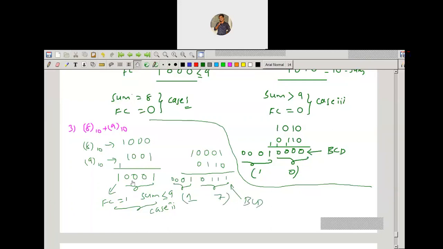Here, if you take these 4 bits as 1 digit, and make 3 more zeros to the left of this final carry, then what is the value? The value is going to be 11. So if you stop at the first step only, you're going to get 11 in the BCD. I'm talking about BCD 11, but is it correct? 8 plus 9 is not 11. It's going to be 17. That's why you have to add 6 to the obtained answer. Then you're going to get the correct answer, 17.